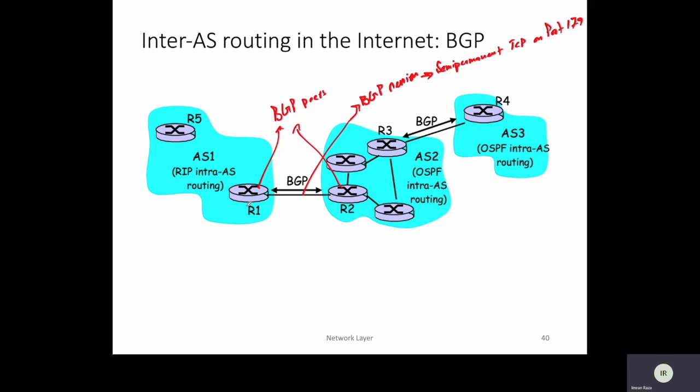The session between the gateway routers is called eBGP, which is external BGP, where E stands for external. The session that I have highlighted here is external